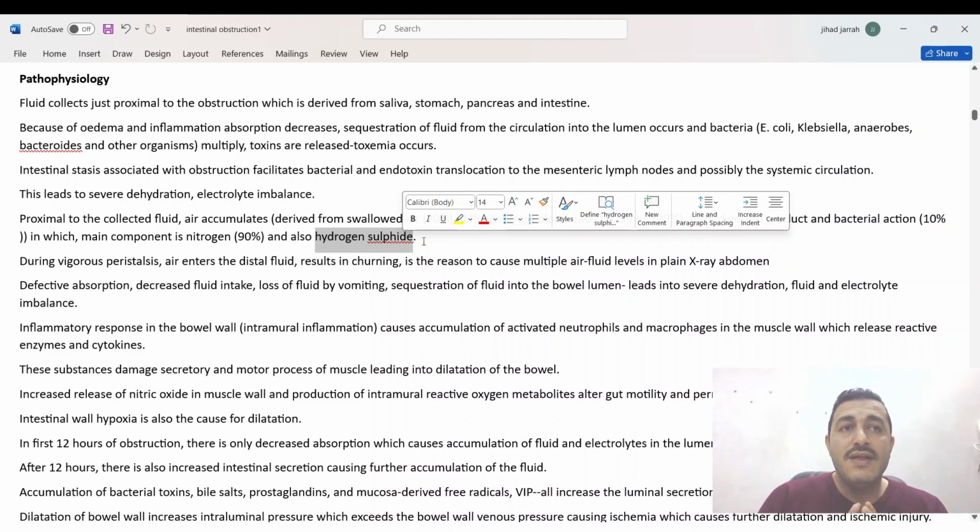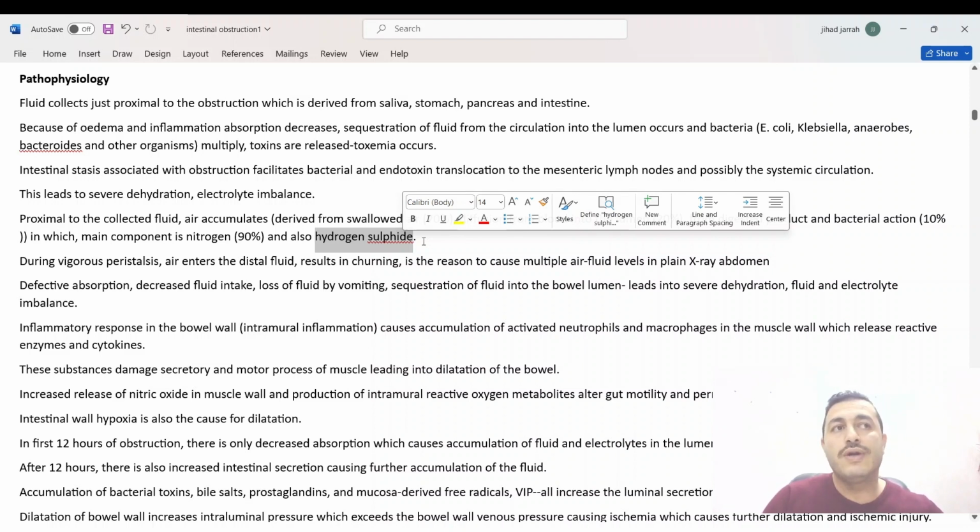We said that there are toxic materials that are released: neutrophils, inflammatory cells such as white blood cells, cytotoxins. These actually attack the secretory and motor end plate on the bowel wall, and they will cause